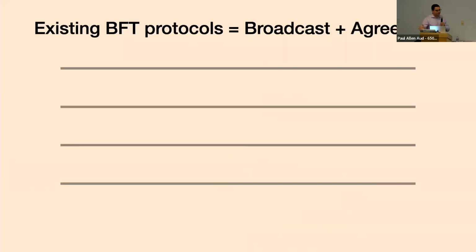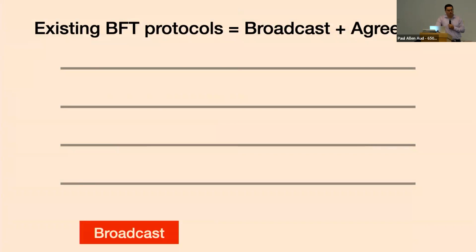To understand what the issue is, let me quickly talk about the basic structure, in an abstract sense, of BFT protocols. BFT protocols, as you all know, run in epochs. In every epoch, they append a batch of transactions, or a block of transactions, atomically to a log or a ledger. And every epoch has two main phases: a broadcast phase and an agreement phase.